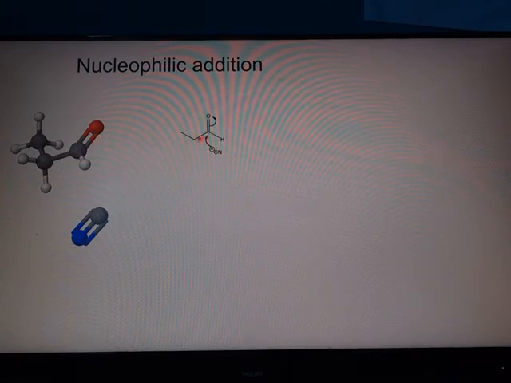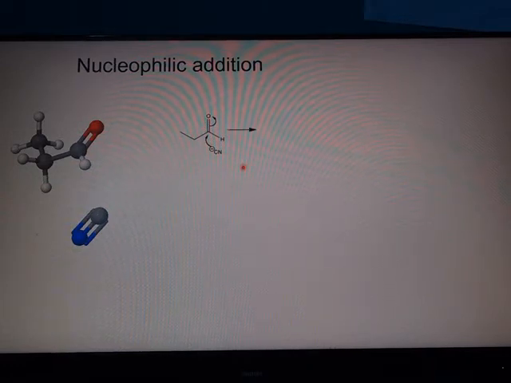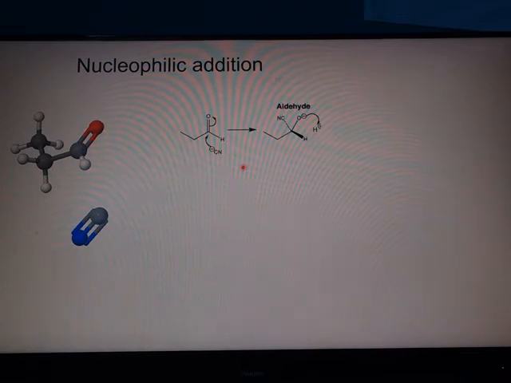If you remember your shapes, you will see that this carbon atom here has got 3 bonding regions around it. So the bond angle is 120 and it's planar. The cyanide ion has got 2 options: either to attack this carbon from the front or from the back. So if it attacks it from the back, it gives rise to this